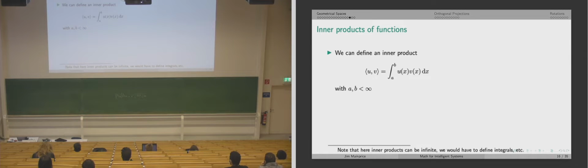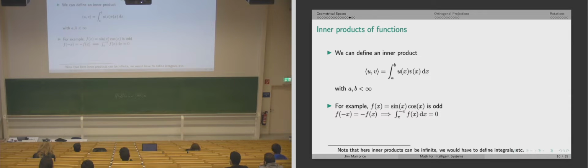So the question now, in this geometry part of the class, is how do we define inner products? The typical inner product on function spaces is defined by integrating the product element-wise over the entire domain of the function. For example, if we have sine times cosine, so if u is sine and v is cosine, the resulting